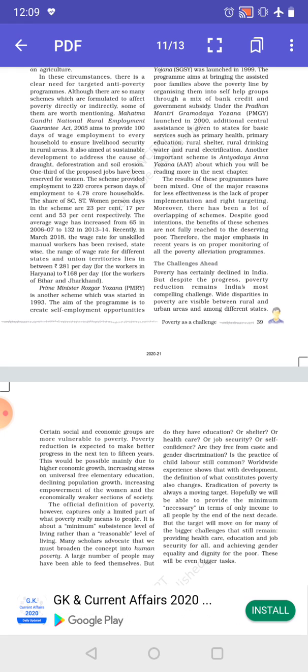Nowhere is there any mention of all these factors. It only talks about the minimum standard of living or the minimum income which is required by the people to fulfill their minimum needs, but nowhere is there any mention of all these important things which really matter. So it shows that the definition of what poverty constitutes also changes, and eradication of poverty is always a moving target, and hopefully